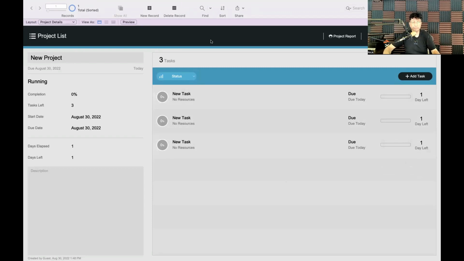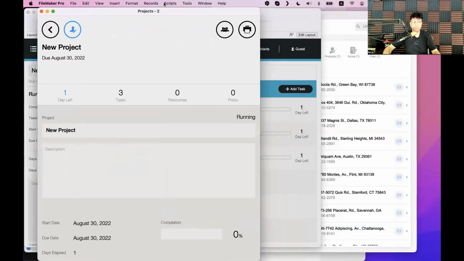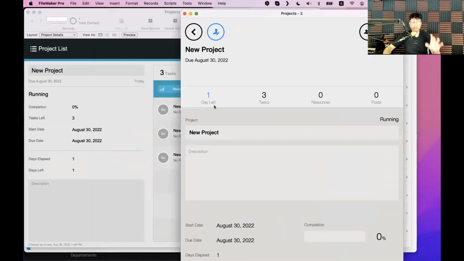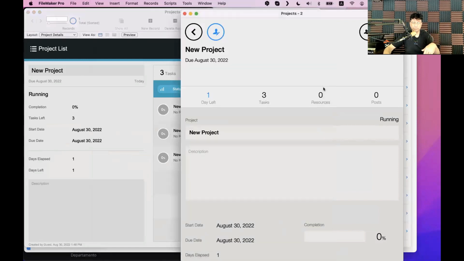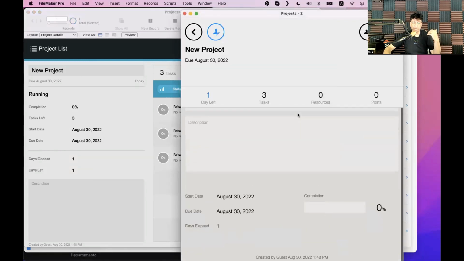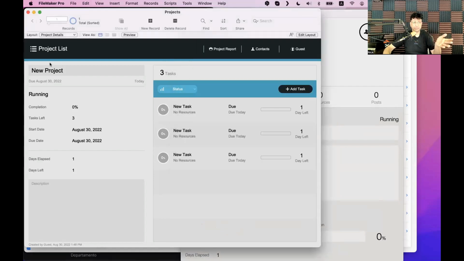What's the difference between this layout and this layout? The difference is we got rid of one column. That means we have this column here. So we have this